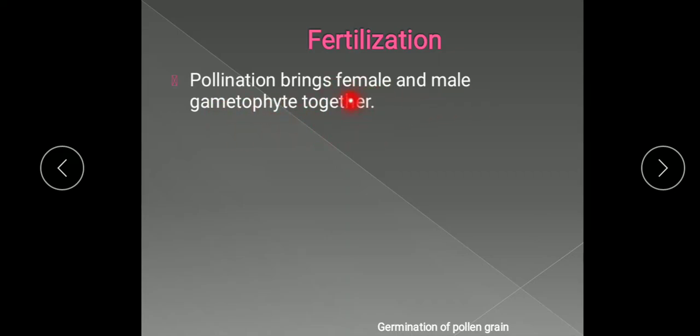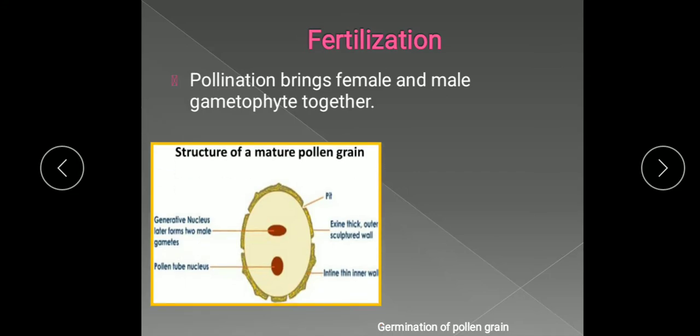What is the female here? The female gametophyte is actually the egg cell present in the ovule, and the male gametophyte is the male nuclei. So for the egg to be fertilized, the male and female gametophyte must meet and unite their gametes, and this is done by pollination, in which pollen is placed on the stigma of the carpel. We will study the structure of the male and female gametophyte. The male gametophyte in a flower is the pollen grain, and the female gametophyte is the ovule. We will study the structure of the pollen grain and the structure of the ovule, which contains the embryo sac in it.